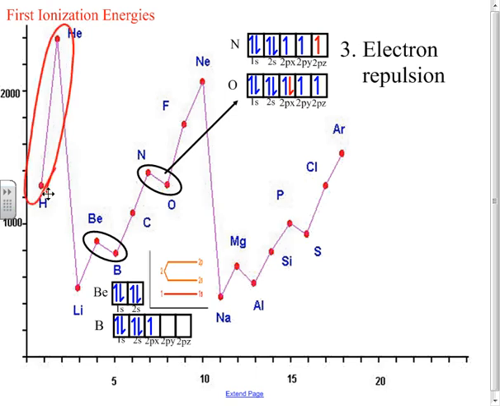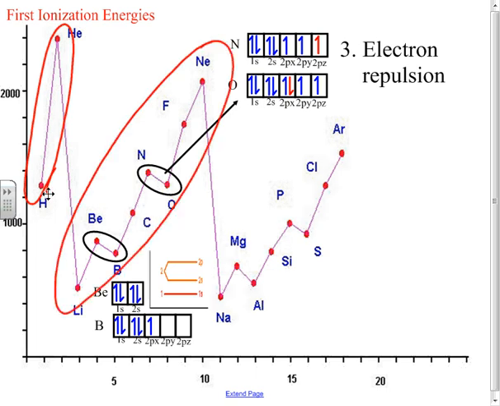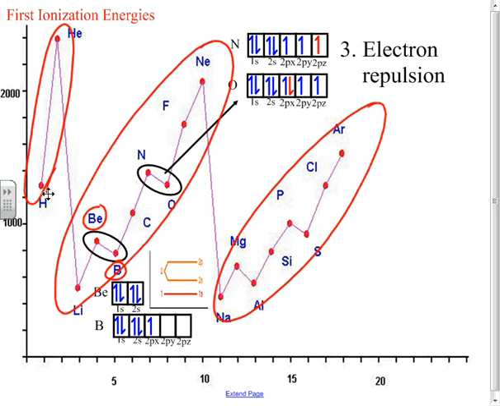If we look at first ionization energies, here's the first period. Again, we see an increase across the period. Here's the second period. Again, we see an increase across the period. Here's the third period. We see an increase across the period. But note, we have a couple little changes here. Boron is less than beryllium, and oxygen is less than nitrogen, and that can be explained by the third force,